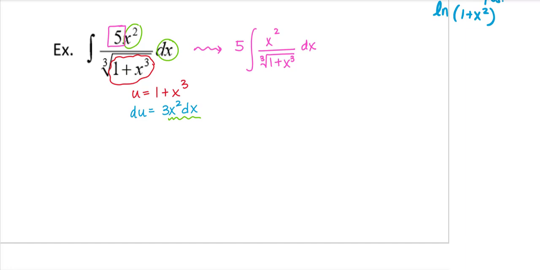If you have more than one term, you may want to separate your antiderivative and do it term by term, so I can pull that 5 out front. But I think now you'll see where I'm going with this. I need 3x squared dx in order for it to match my du or be substituted with my du. So I'm going to multiply by 3 inside. Again, I need 3x squared dx. I have it now, right? I will replace that part with du, so all of that is going to become du.